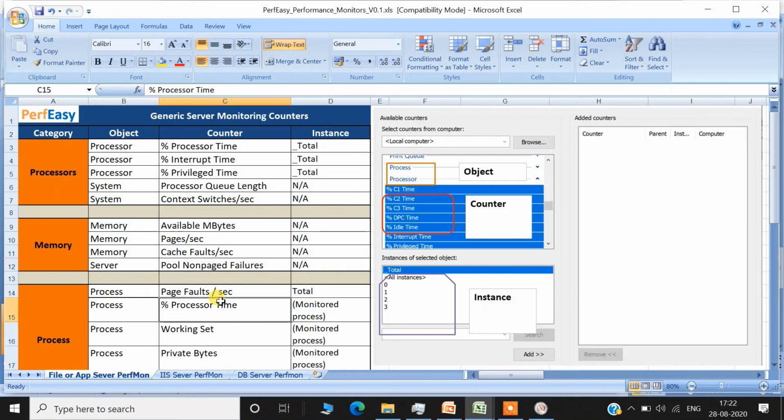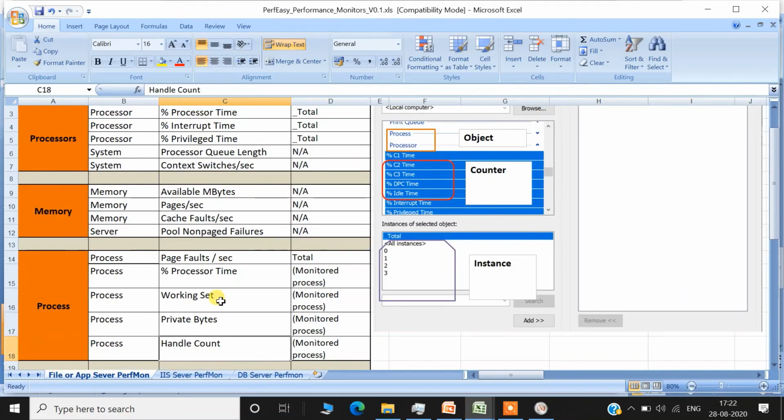In the initial phase, we should also monitor our specific processes. For example, if we are monitoring an IIS server, we need to monitor the W3WP process, and if there are 4 W3WP, monitor all 4 W3WP. So you see, I have mentioned the monitored processes. It depends on what process you are running, or which process is most important to our test. For example, if we are monitoring a database server, which is SQL Server, the SQL Server process should be monitored.